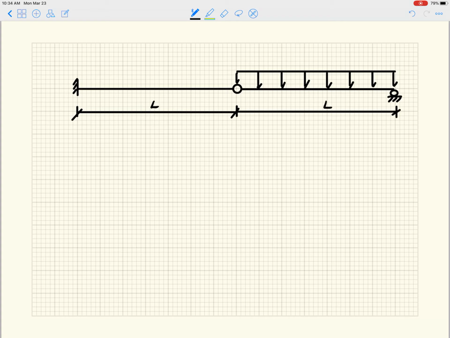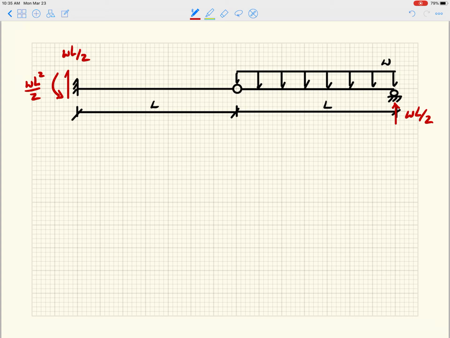This guy here is L and omega, right? So now what I'm going to do is draw the forces here, or my reactions, in red. So the vertical reaction at the left-hand side is WL over 2. Vertical reaction at the right-hand side is WL over 2. And then the moment reaction at the left-hand side is WL squared over 2, and that's causing compression on the